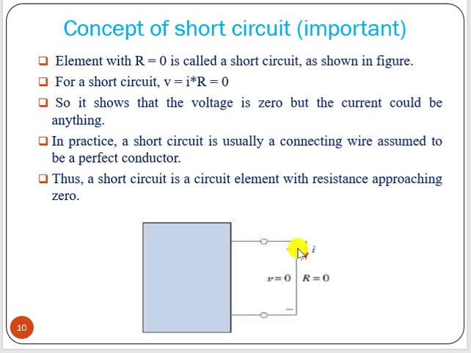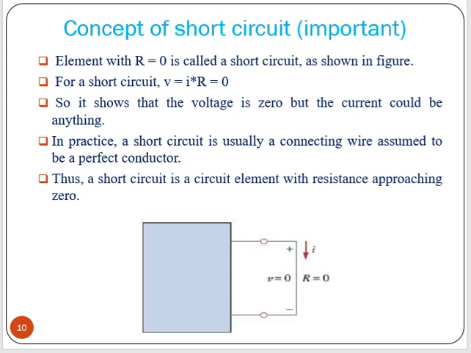So here resistance R equals 0. R equals 0 means it is simply shorted. Shorted means it is connected by connecting wires, not by a resistance. The resistance value is 0. Now if R equals 0, what is the value of the voltage drop across those points? That is I into R. R equals 0 means the voltage drop is also 0.